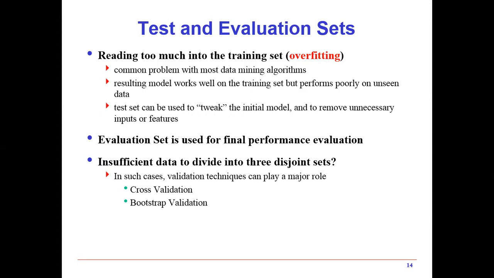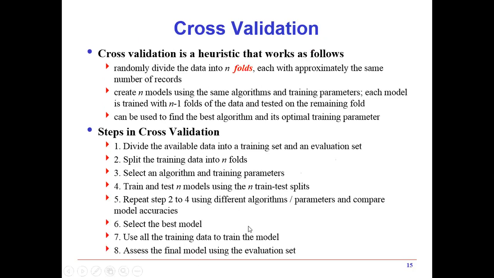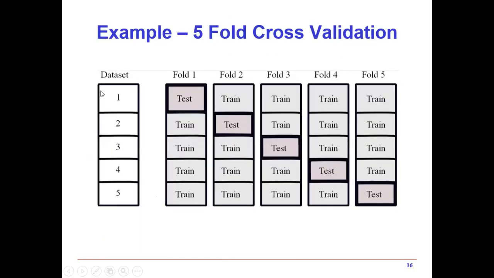Here I'm discussing cross validation and bootstrap validation. So in cross validation, what happens? We divide the data into a number of folds. This diagram will make it clear. Suppose this is your data set. Sometimes we do 3-fold cross validation, sometimes 5-fold or 10-fold. However many folds you want, you have to divide your data set into that number of parts. Say you divide the data into 5 different parts.